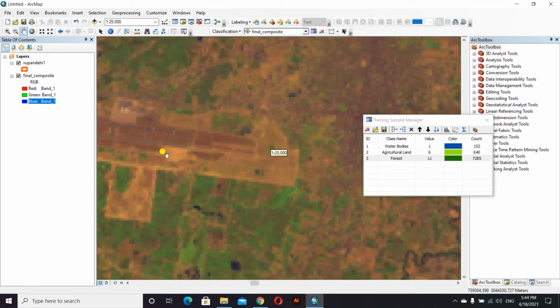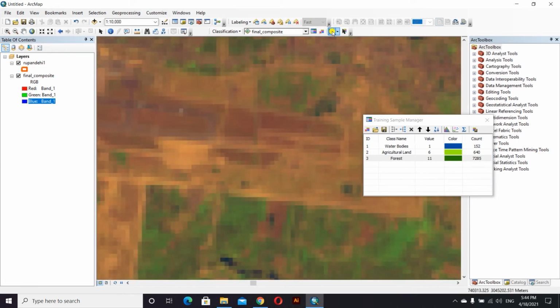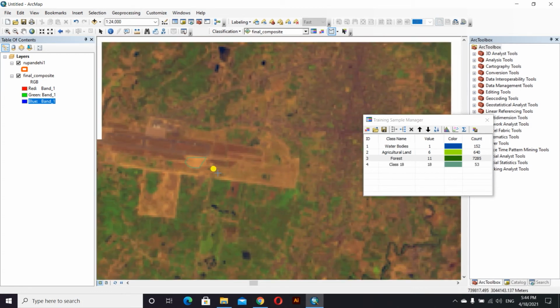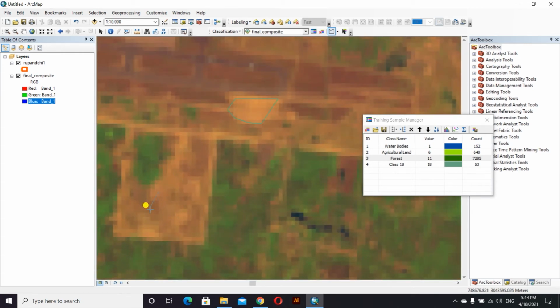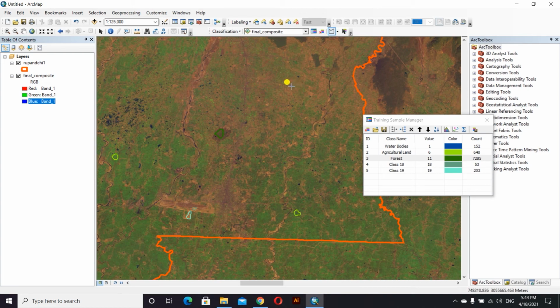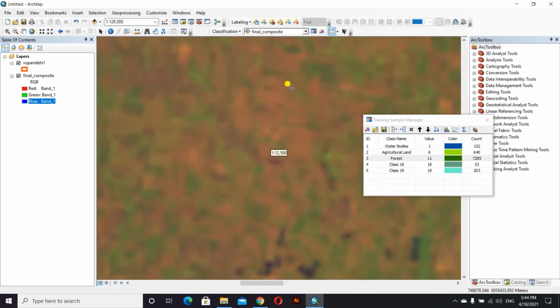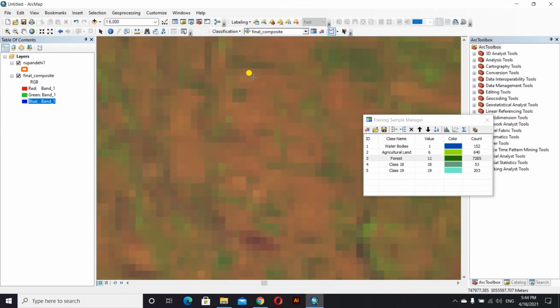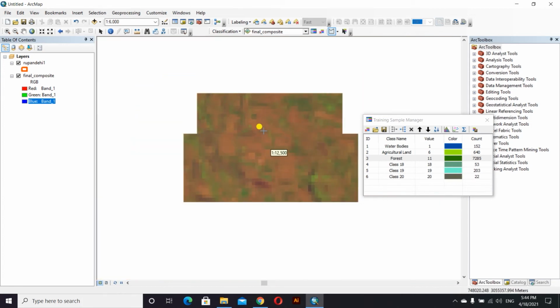Okay, this is the barren land, so we'll take a sample from here. This brownish color is barren land, this one, and from here to this. Okay, this is barren land, and now let's take from here. This is the brownish part. These all are barren land.